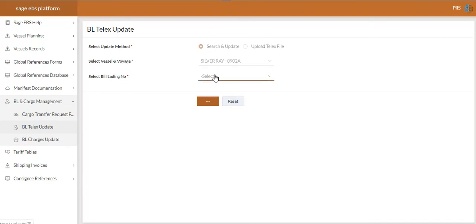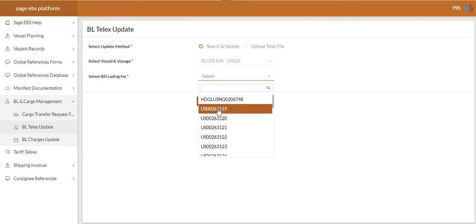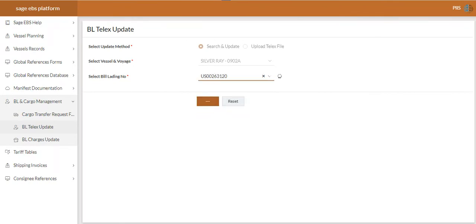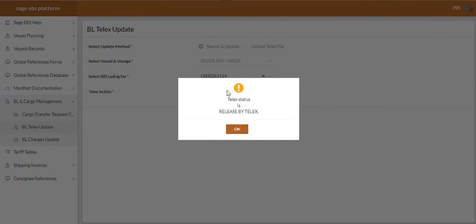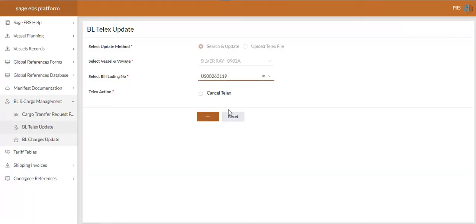So as we have it on our screen here, all we have to do is select the bill of lading. And now select from the list of the drop down. And it's actually telling us that the status of this bill of lading is to be released by telex. So I have to click OK.